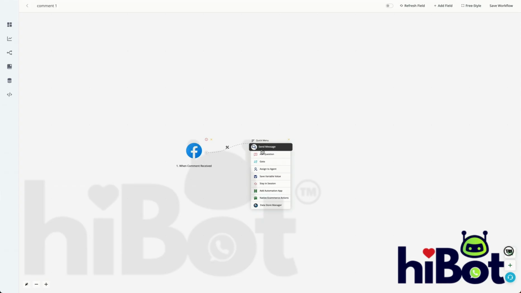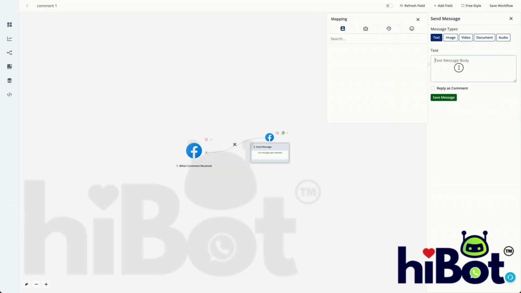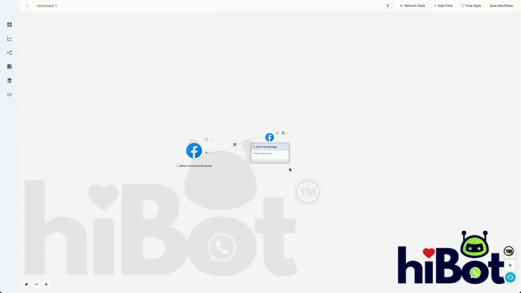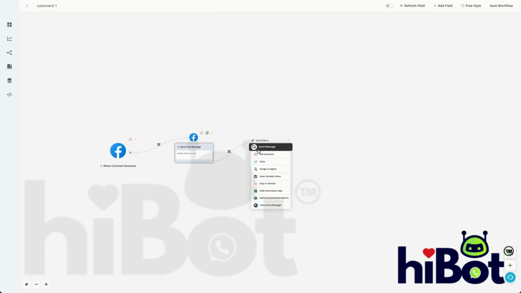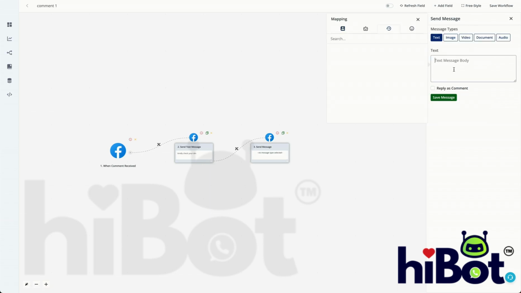In the next step, you can send a message to the user. Now this message can be a DM as well as a reply to the comment. So if you want to send a reply to the comment, we can simply write and if you also want to send them a DM, you can also add another block and add a DM here. Say for example,